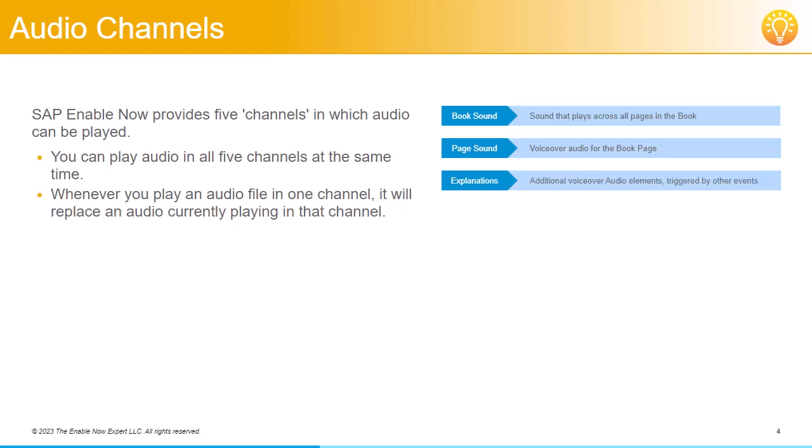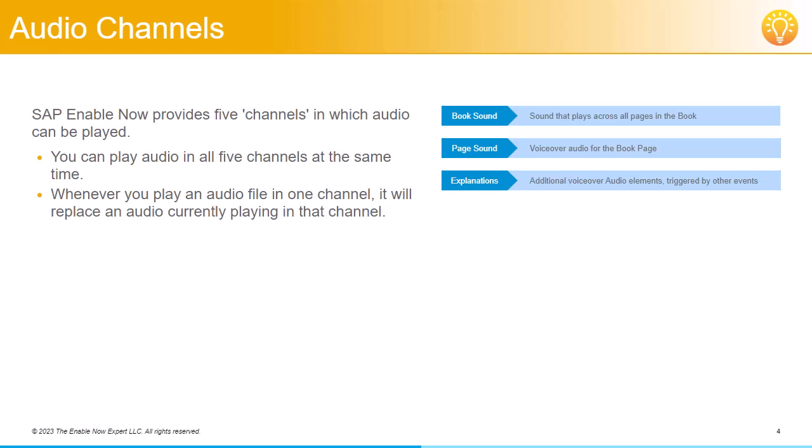The explanations channel is very similar to the page sound channel, but is typically used for additional audio that's triggered by an event, as opposed to the page sound which typically starts playing as soon as a page is loaded. You could also play this type of audio in the page sound channel, as you'd never want the page sound narrative and an explanation narrative to be playing at the same time, but you may find it cleaner to always assign audio that's played in response to an action in the explanations channel